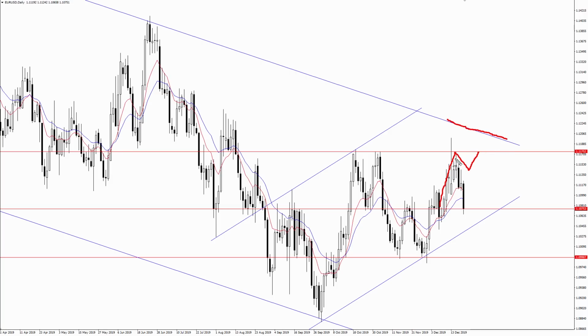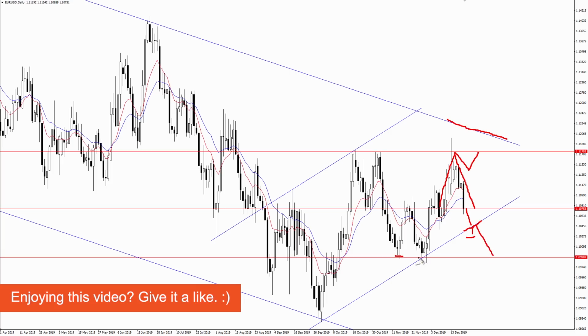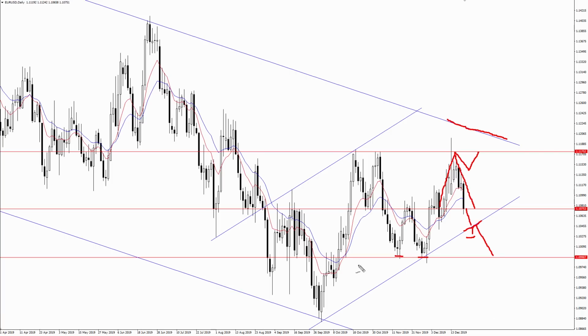However, given this aggressive sell-off we saw, this does indicate to me that we could see a push back down here to this channel support. And if we get a daily close below that level, that could open up short opportunities for a move down to these two lows around 109.90. And that 109.90 level is going to be incredibly significant because it's where the Euro broke out in October.